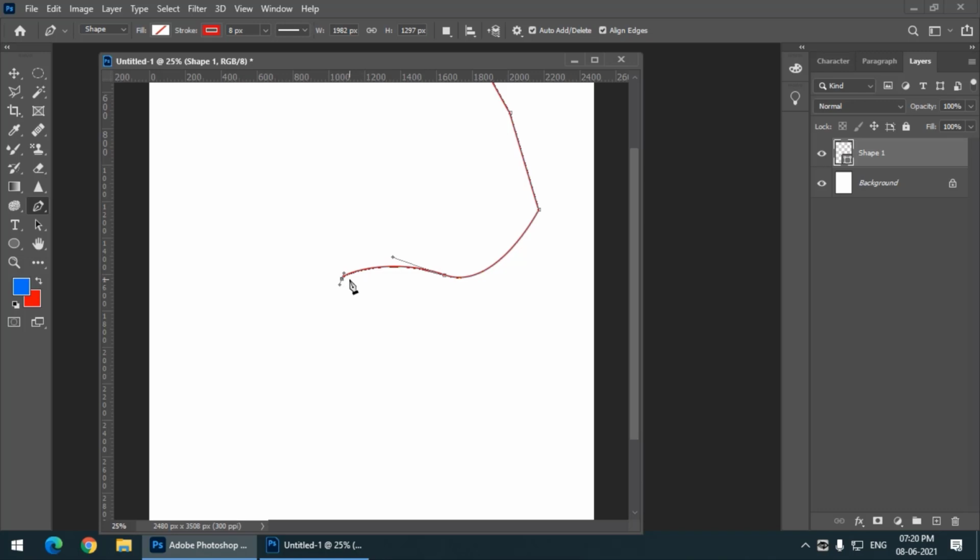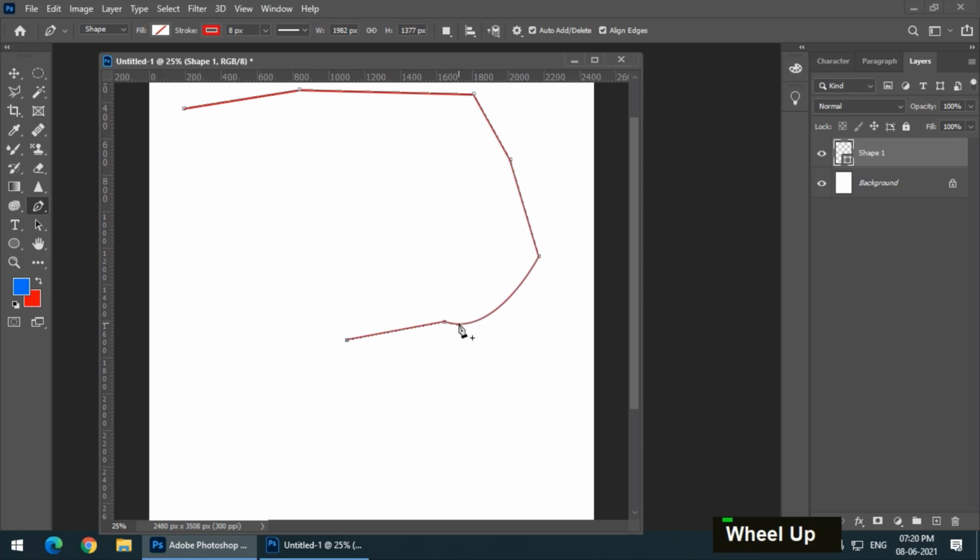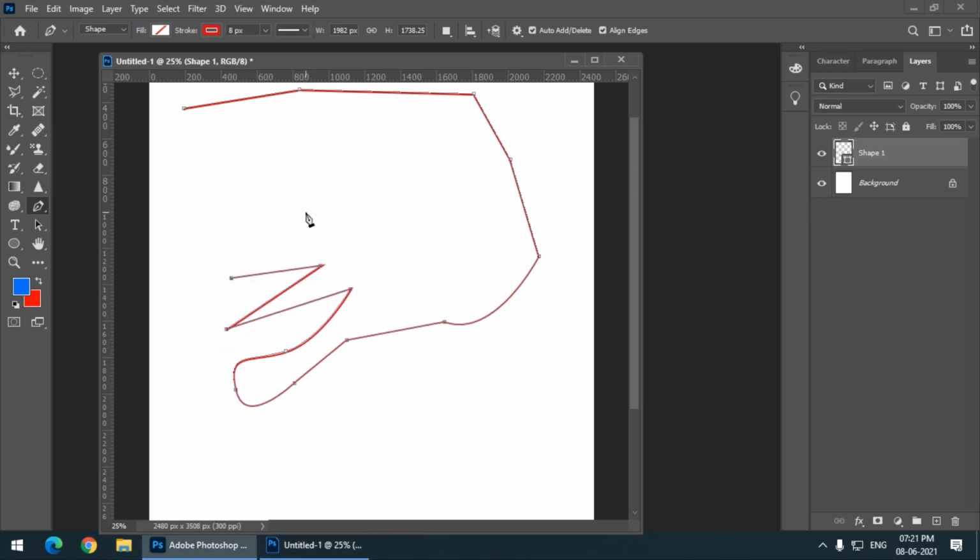So if we create one curve, then automatically it will create two curves. But what if we want only one curve and after that we want a straight line? Then we can simply press and hold the alt key or option key and click on this node, the last node which is present, and then we have to release the alt button. Then we will get another straight line. So if you don't want two curves, then you have to do this particular thing. I hope you are following me, and this is how it is done. So if you want only a straight line, then you have to simply click. And remember one thing, we can change all these after we have completed the shape, so it doesn't really matter that much.